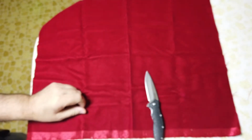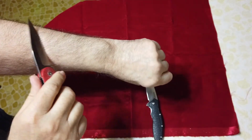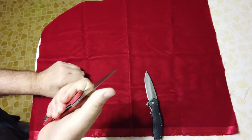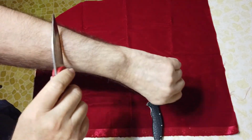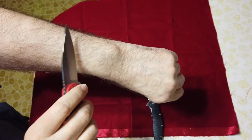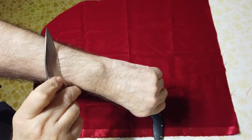Now, the last thing that I guess is a detractor on the Finch is when it was shipped, it doesn't really come with a sharp blade. It's got a utility edge on it, don't get me wrong. I mean, you could probably cut through some 550 cord or something like that, but it does not come shaving sharp. There's only one or two spots on the blade where you could actually take your time and lift some hair on it,